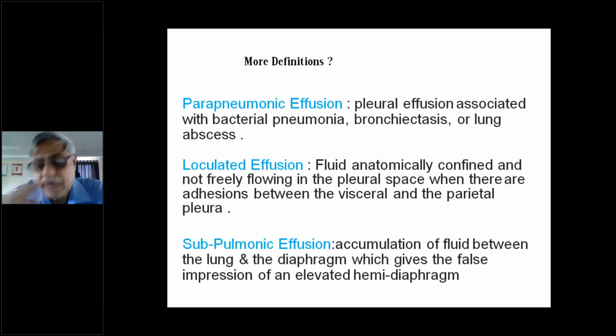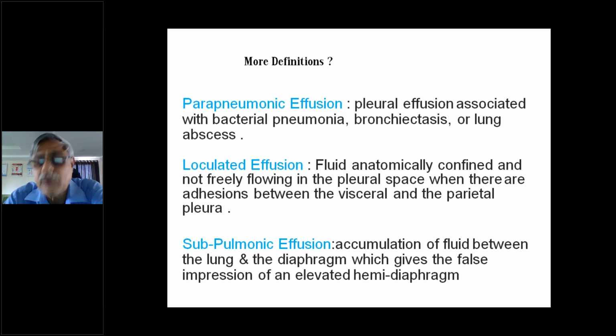So there are 3-4 types of pleural effusion described. One is pleural effusion, what you know. Then the second one is hydrothorax. The third one is chylous effusion, and the fourth one is non-chylous effusion. And in pleural effusion, again, there are various types of definitions depending upon the presence of fluid. One is parapneumonic, loculated pleural effusion.